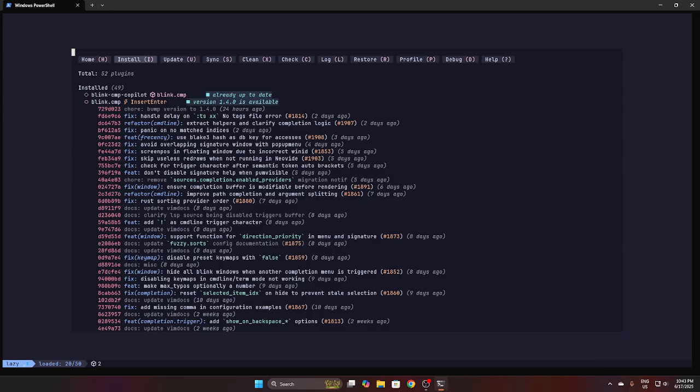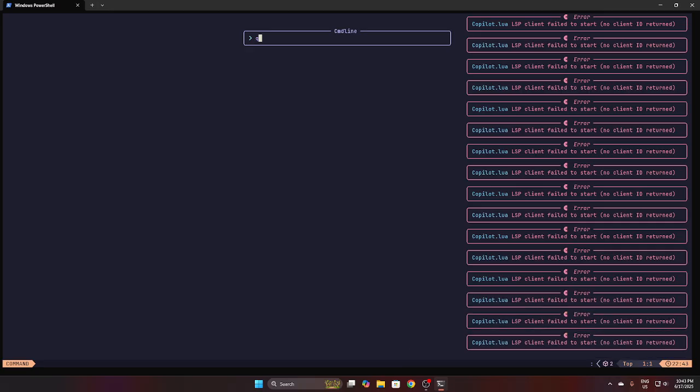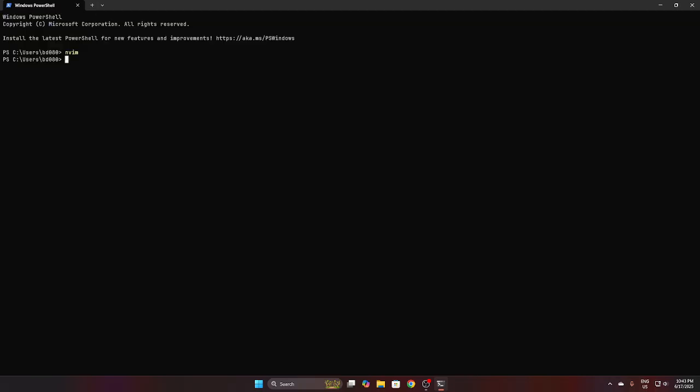Seems everything's good to go. I'll just exit using colon and a Q. That's the command to exit, and I'll just do 2 more steps to finalize the setting